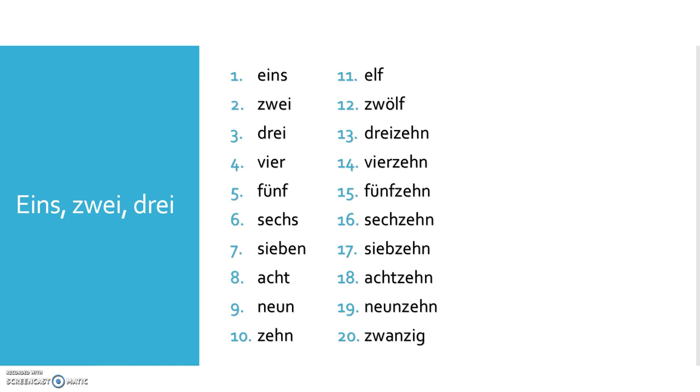Okay, so after 20, you have 21, so you'll go 20, 1, right? Would be easy, but it's German, so can't be that easy, right? In German, starting with 2-digit numbers after 20, you always have to start from the back. You're going to go 1 and 20. So you're going to go with 1 und 20.